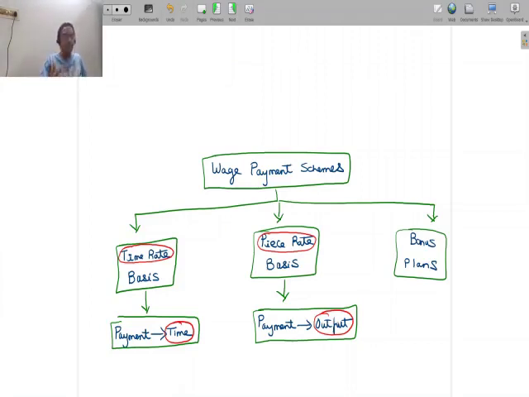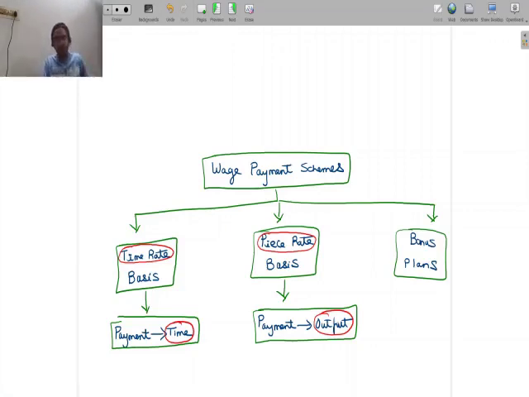when I tell a worker that I'm going to pay you 20 rupees for every hour of work you do, then I'm not really talking about how productive he should be in that 1 hour of time that he puts in. So what if instead of manufacturing 5 units, which he could normally do, he ends up manufacturing just 3 units? Can I tell him anything about that? Can I tell him your second hour was less productive than your first hour, so I'm going to pay you less? I can't tell him, because I've told him for every 1 hour of your work, this is what I'll pay you. So when you talk about a pure time rate basis, one of the limitations that we can think of is we are not focusing on productivity.